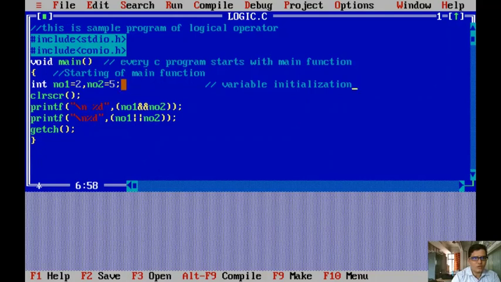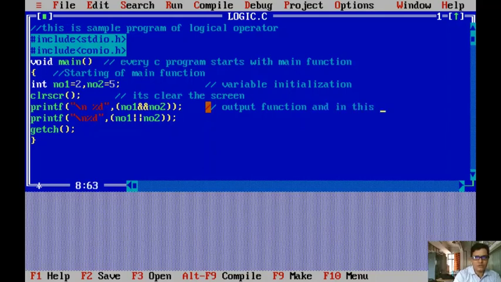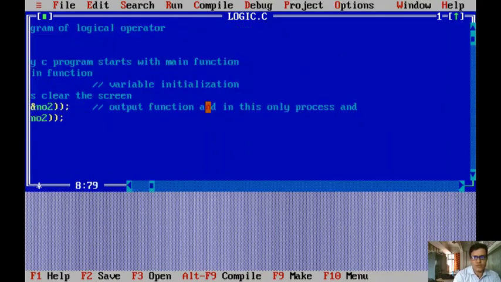And what is the purpose of clrscr? It clears the screen. Okay. And what is this doing? Output function. Printf is the output function, and in this only we are processing and displaying. Okay.